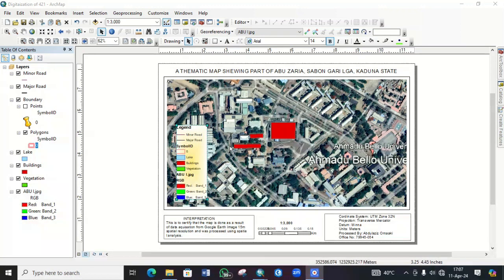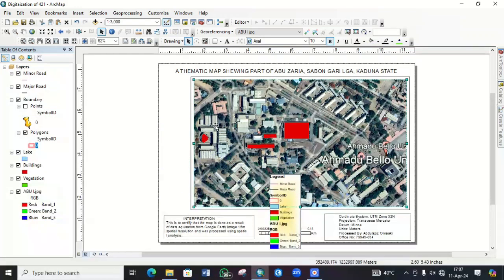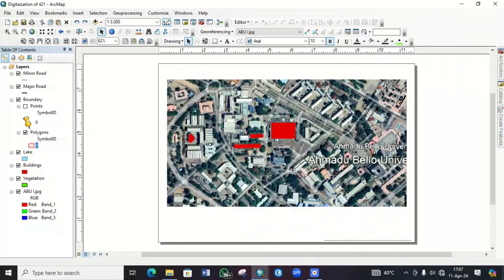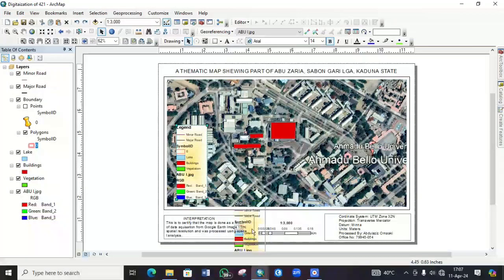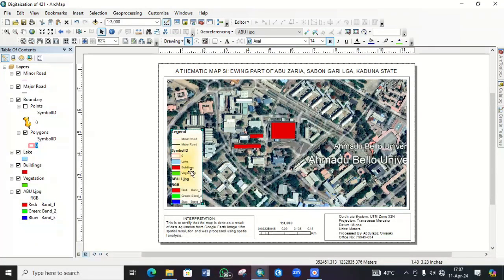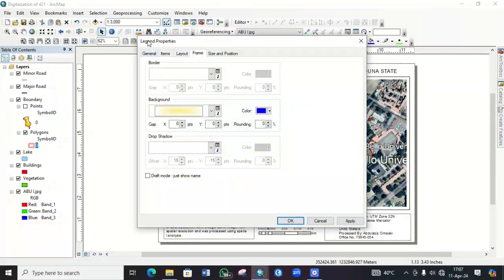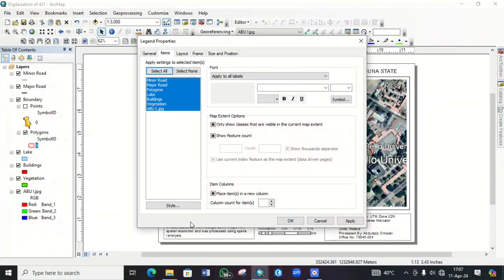So for this legend, I can also resize the map this way. I'm putting the legend by the side, and also this below, you can find a way for the legend. Maybe in this area, create a space for it, like resizing all this, the interpretation, and put the legend. And the way it is right here, sometimes I leave it this way, and sometimes I turn it to landscape. Go to properties and landscape, the scale,